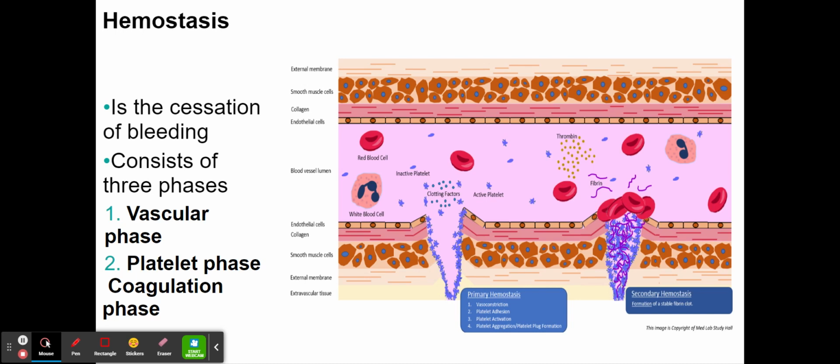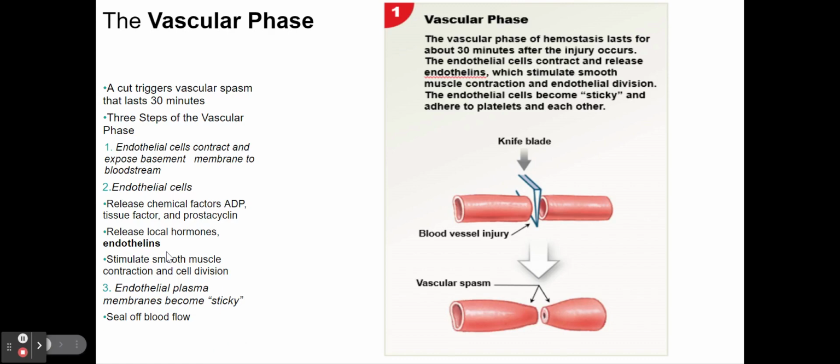The boundaries of these phases are somewhat arbitrary, but in reality, hemostasis is a complex cascade or a chain reaction in which many things can happen at once, and all of them interact to some degree. Cutting the wall of a blood vessel triggers a contraction in the smooth muscle fibers of the vessel wall. This local contraction of the vessel is a vascular spasm, which decreases the diameter of the vessel at the site of the injury. Such a constriction can slow or even stop the loss of blood to the wall of a small vessel. The vascular spasm lasts about 30 minutes or so, and that's a period called the vascular phase of